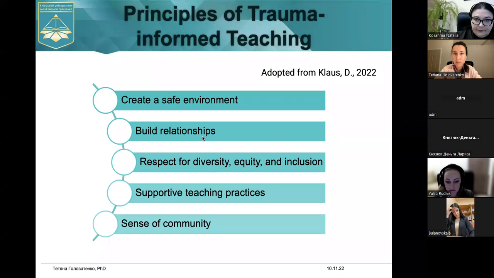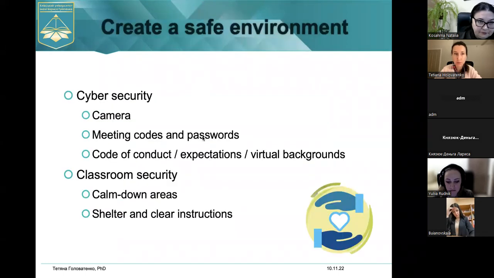By creating a safe environment, we mean cyber security if you teach online, and classroom security if you teach offline. If we're talking about online, make sure that you discuss all the things related to using cameras with students.